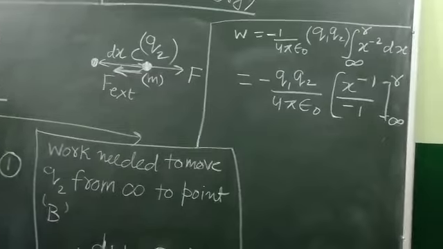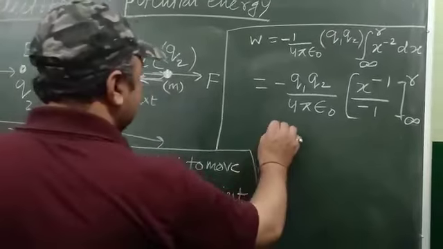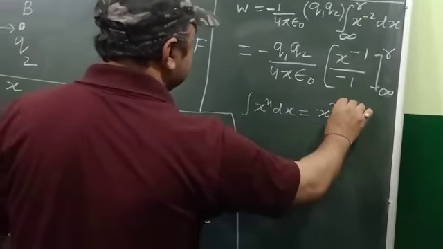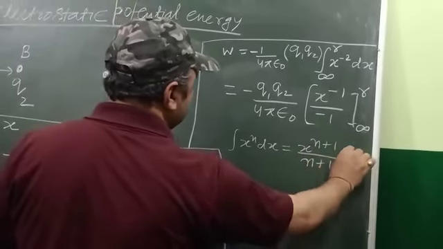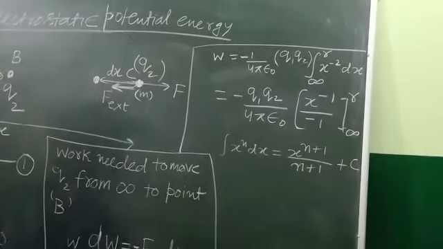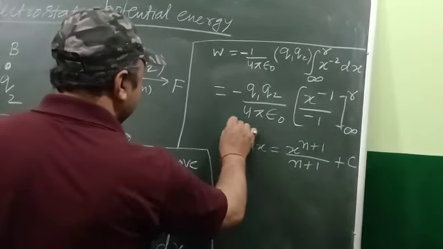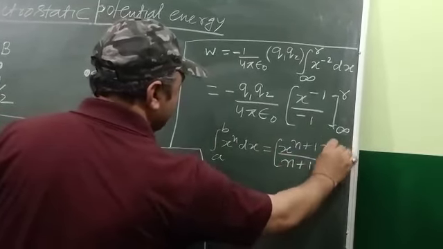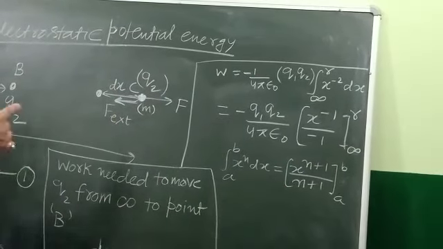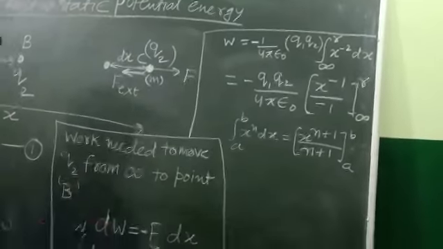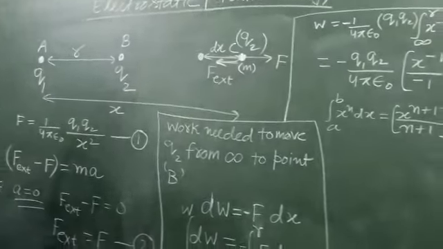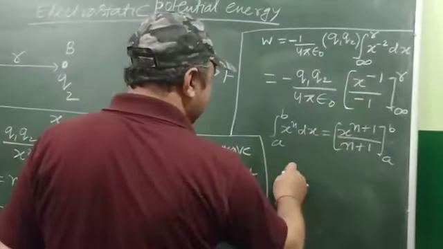And this is required. There is a basic rule in integration that you all know right from class 11. We have used it very many times. So just to make you recall it, I am writing it. Plus c is there when we are not integrating with limits. If we are integrating it with limits, say a and b, then this c is not used and we simply put the limits and then we further solve it by replacing x by b on the right hand side minus replacing x by a on the right hand side, and that is how we solve it. So I have to solve the limits further.